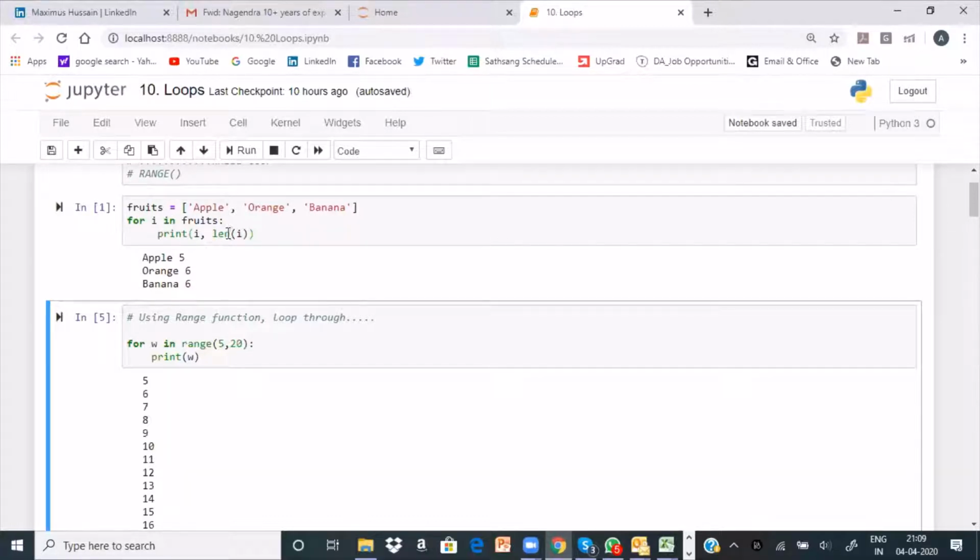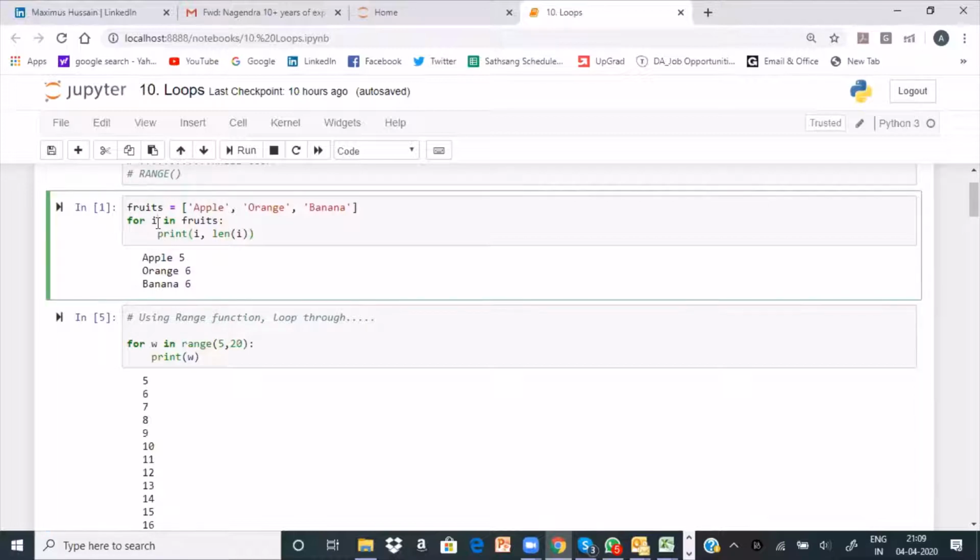That is what I'm doing. Length is a function which will give you the length of this particular word. So first one, it is i. If you look into C, C++ or any other languages, i has to be initialized, right? You have to initialize the variables. You have to have some values assigned to them well in advance. Here you don't need to do that, because since it is a list object, the system by default knows. It figures out automatically. So for i in fruits, print i.